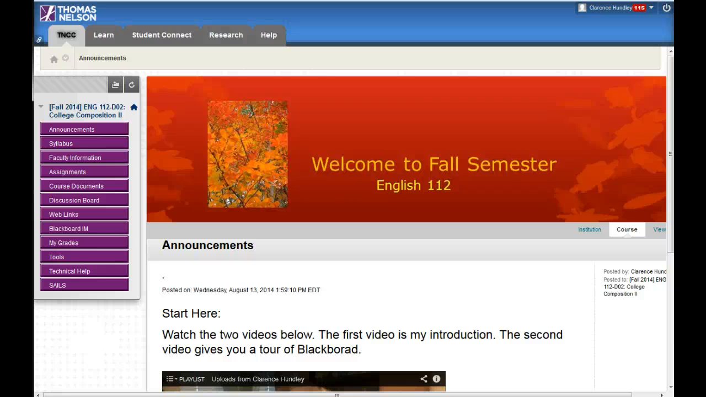This is an overview of Blackboard to tell you where things are located and how you can use the things in Blackboard. When you open Blackboard, you will see the announcements. I use the announcements page to remind you of things or to notify you of changes. The most recent announcement is always at the top, so you may have to scroll down to see if you